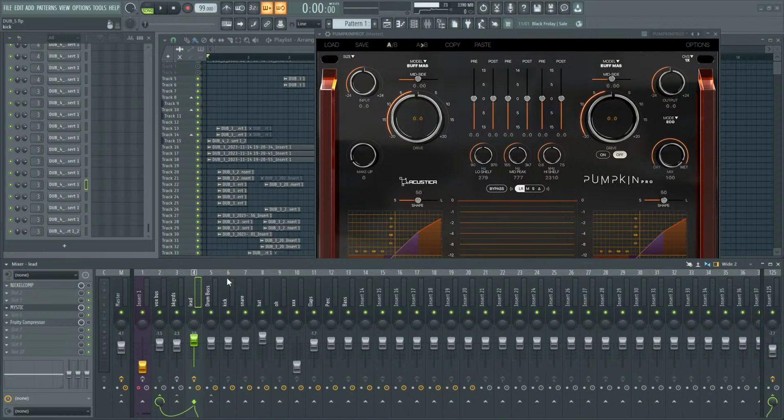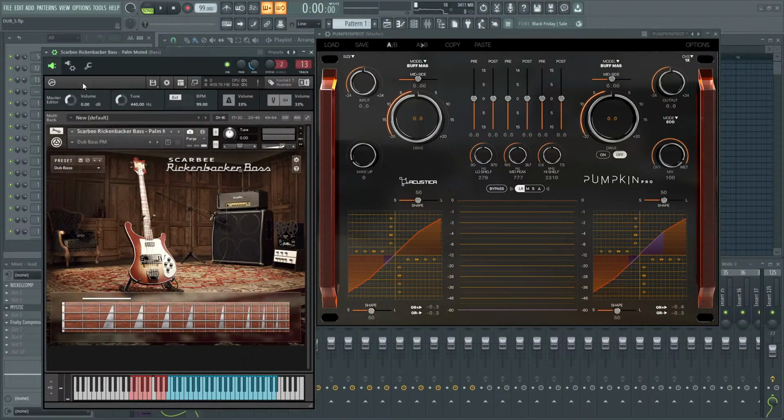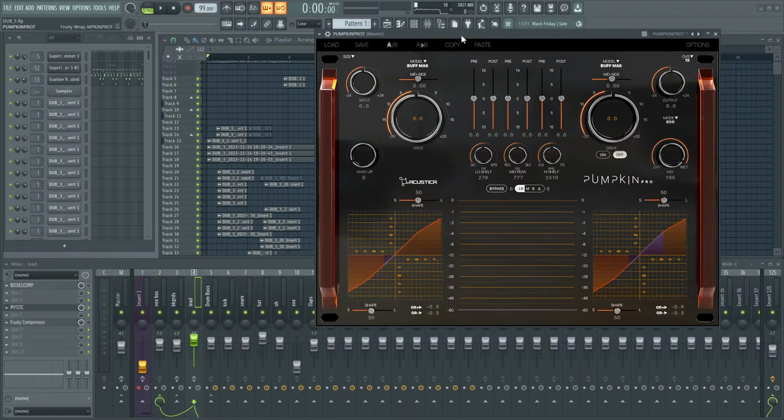Like with Salt, Salt was light enough that I could throw it on every track and have a functional CPU-easy console. But this thing is definitely heavy. It is not light at all. This is by itself, it's peaking at 66%. And if I disable it, this is what's left from the plugins. I have two copies of Superior Drummer, one is drums, one is percussion, and a bass. So these are what's taking up the processing, at least in the still state. So we're looking at 55%